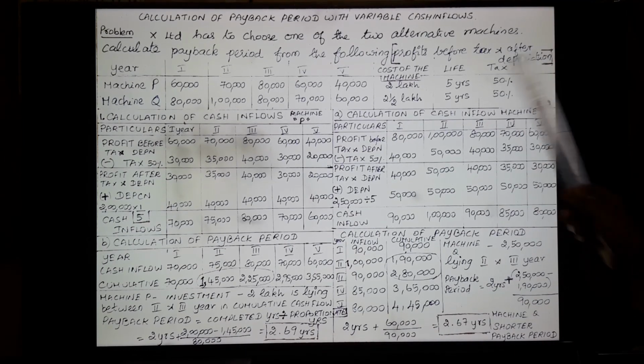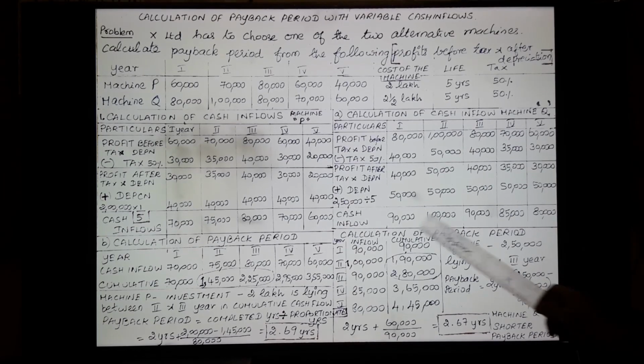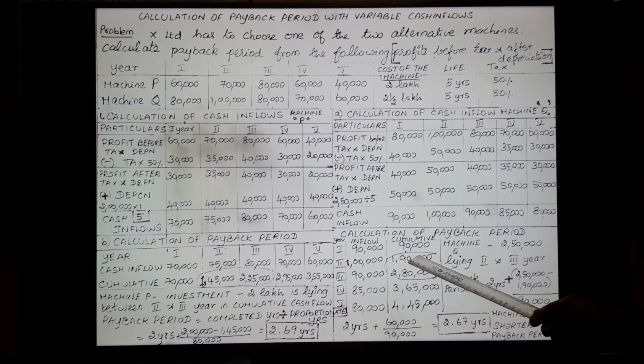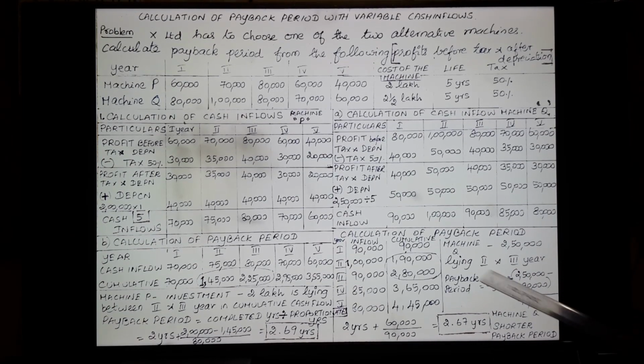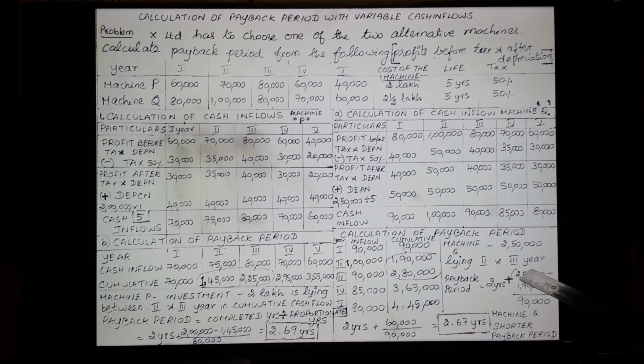Now, what is the investment you actually need? You need only 2.5 lakhs. So where does 2.5 lakhs lie? The 2.5 lakhs lies between the second year and the third year. So the machine cost is 2,50,000, and the cumulative cash inflow lies between the second and third year, and you use the formula: payback period is equal to 2 years plus